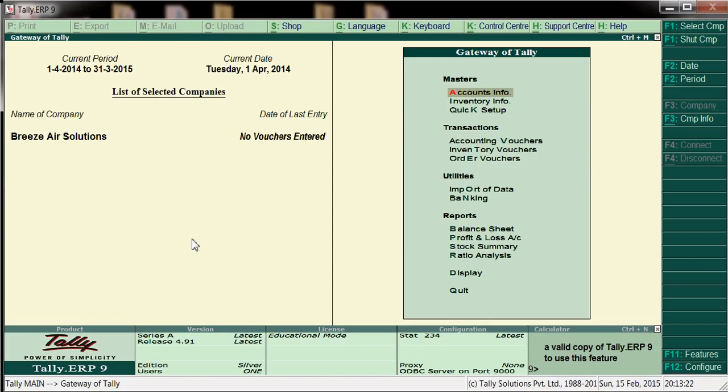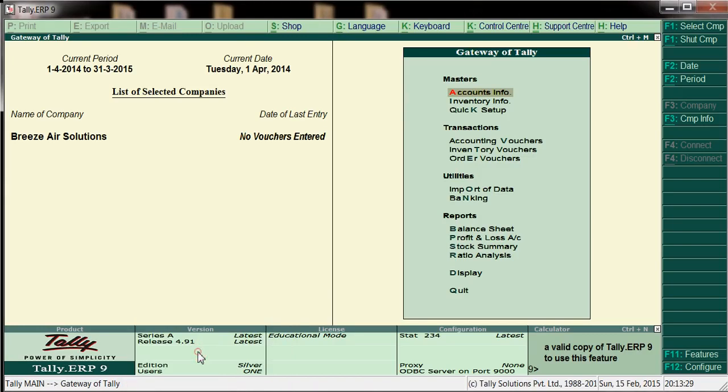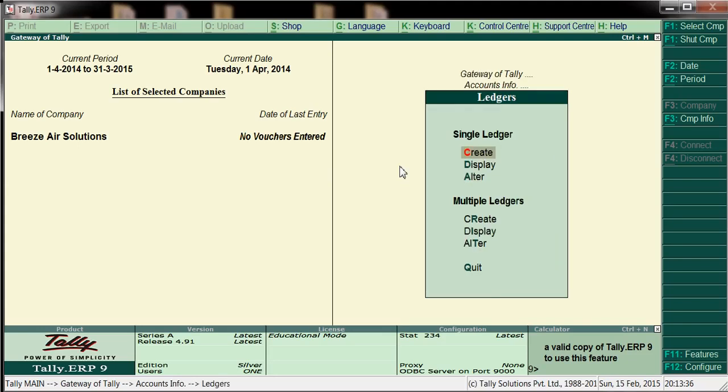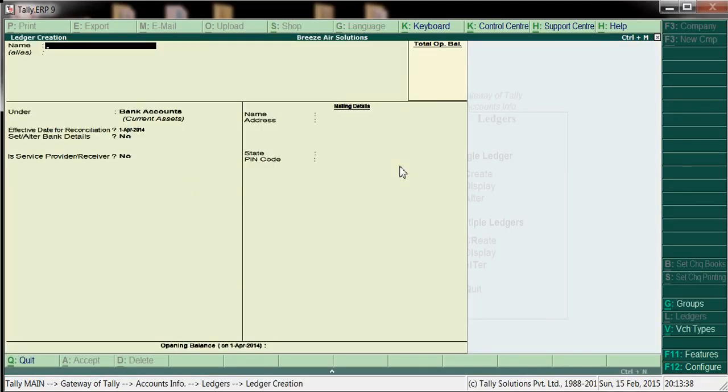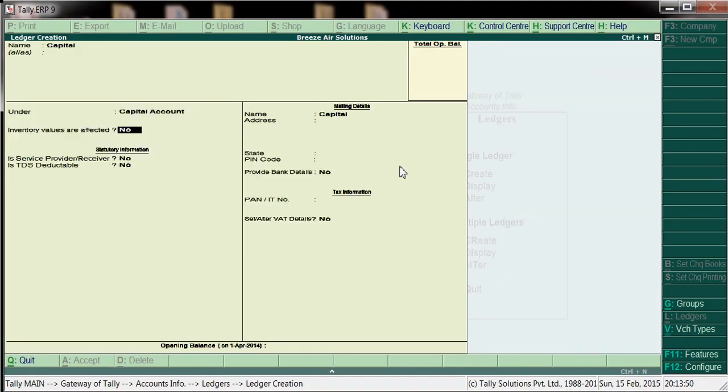So for our reference we'll create one ledger master, for example capital, under capital account.